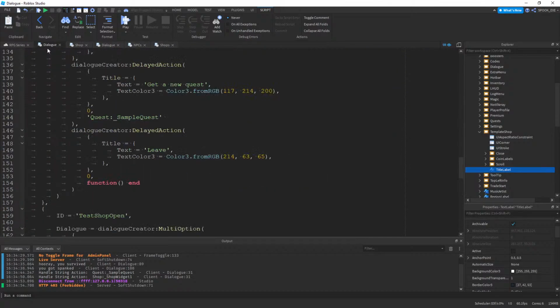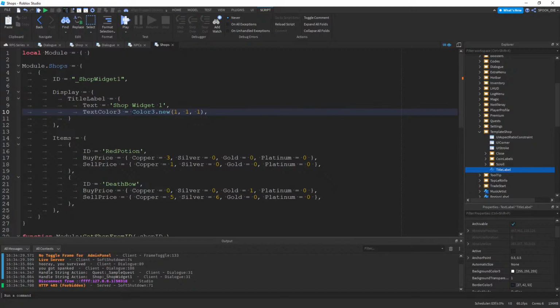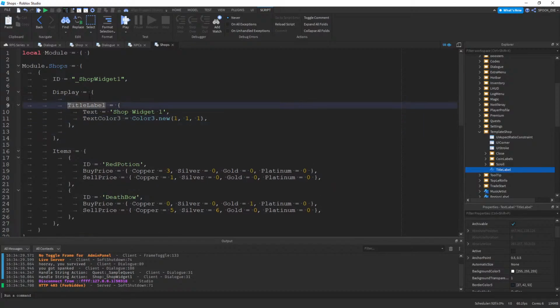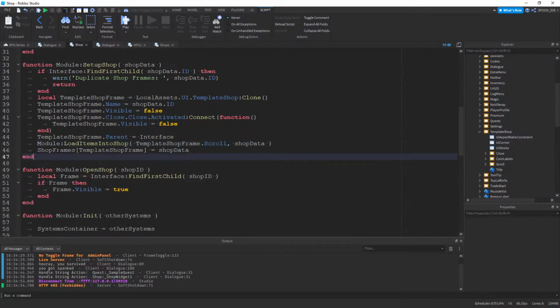Is text color. Okay, text color 3 equals color 3 dot new 111. Actually, I just need that title so it's better. Title. And then all I have to do is when we open the shop, I do